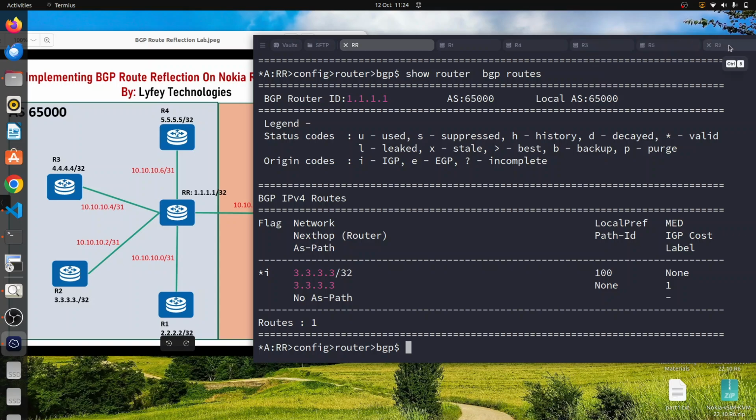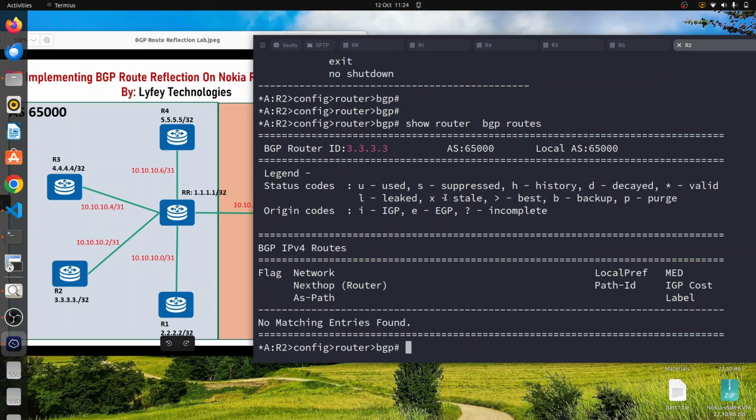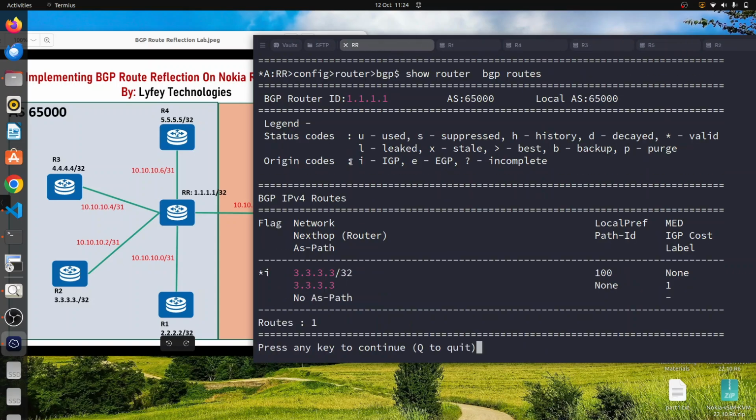On R2 again, show router BGP routes. We have the routes on RR. Yes, the route has been advertised, but it's not being advertised to the other routers because of the split horizon